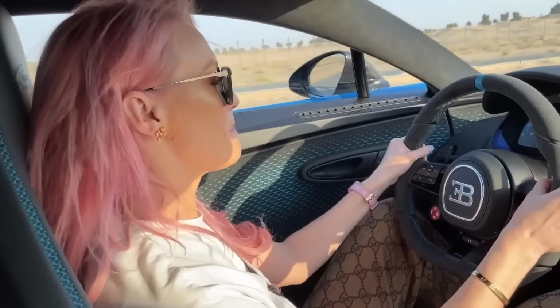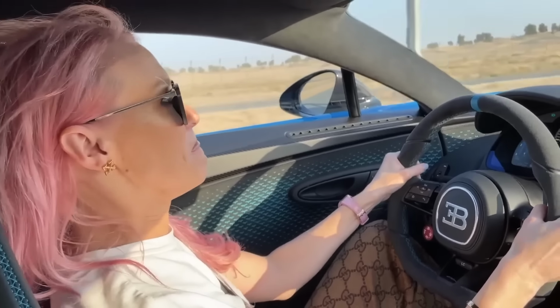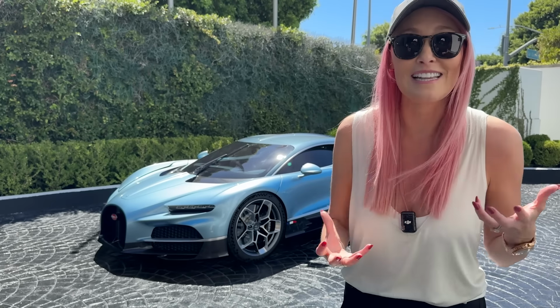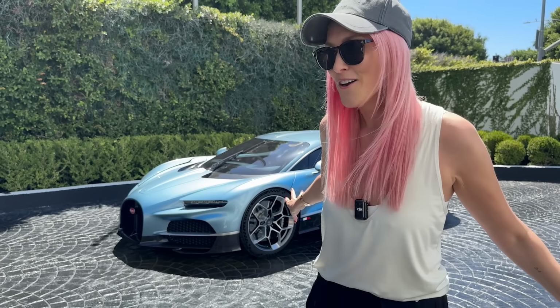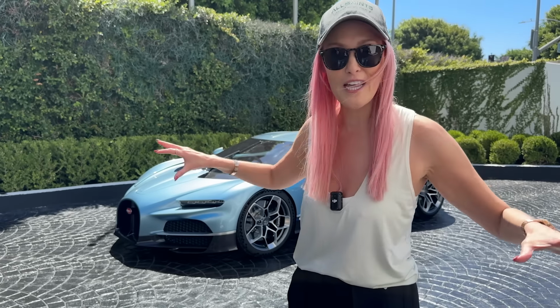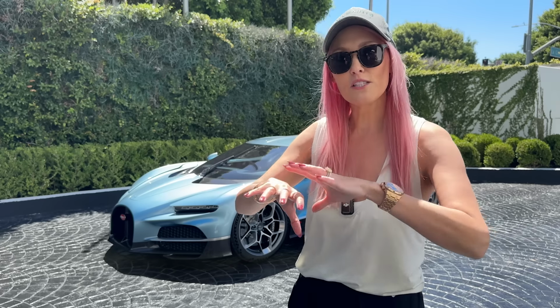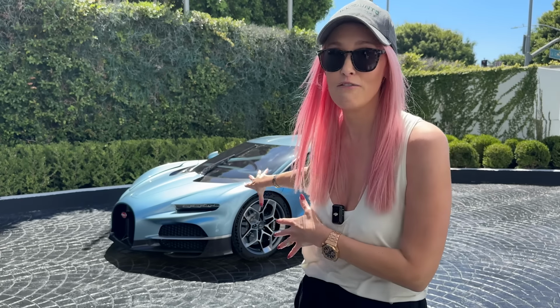And what is also interesting about that is, Bugatti has been quite well known for that kind of turbo hiss. You know, when you're sitting inside and you just hear that, that's quite a well-known Bugatti sound. You're not going to get that with this car. This is all naturally aspirated. You're going to get the raw thunder from the engine, and then because of the electric motors that it does have, you're going to get a little bit more power and a little bit more